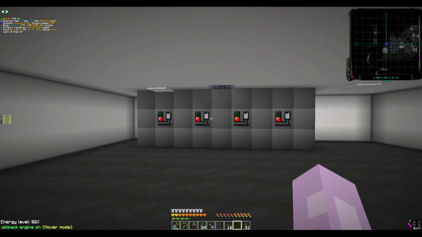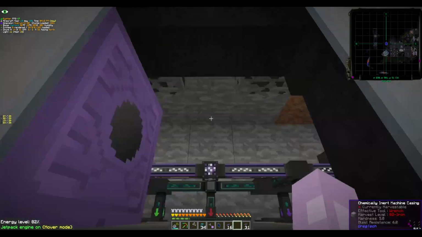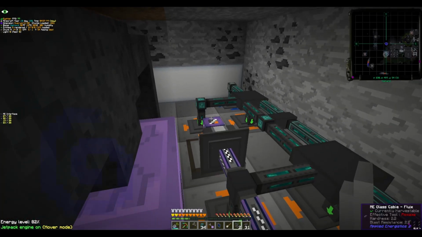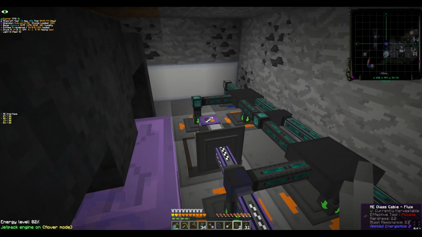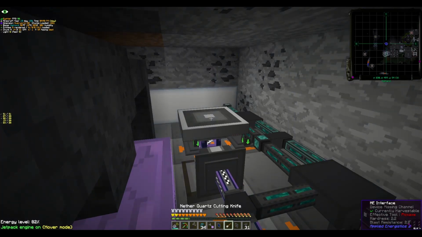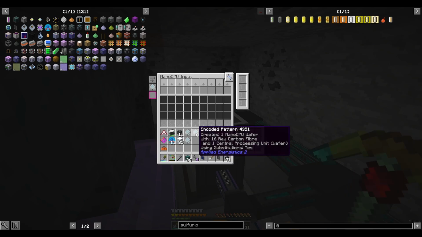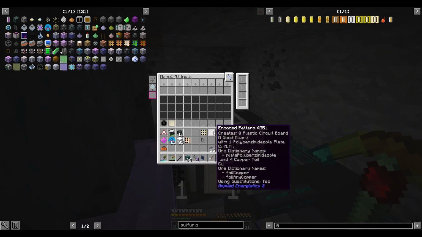Okay, so I think I've got this just about sorted out finally, and I want to take you guys with me as I put in the final steps. Hopefully this works the way I have it planned, but the first thing we're going to do is add an interface to the top right here. We're going to name him Nano CPU Input, and this guy here is going to get pattern for this and the pattern for these,